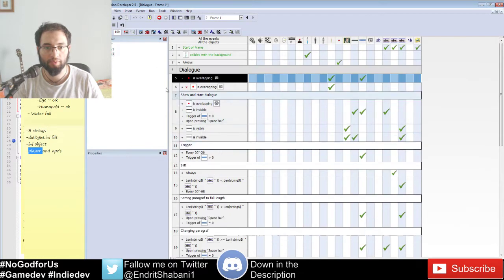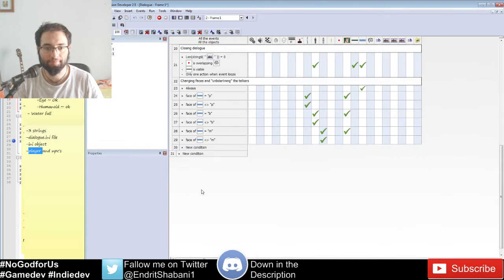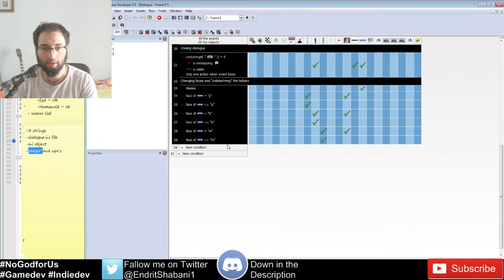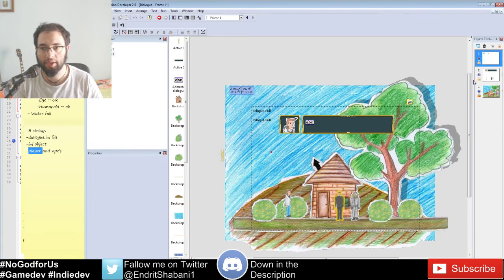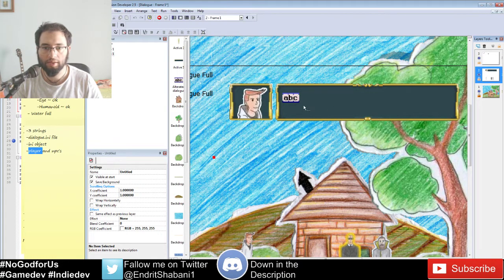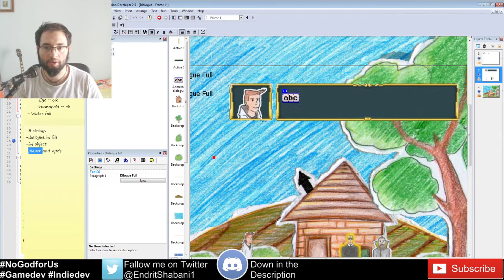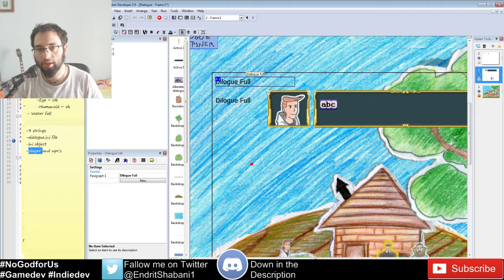I'm going to basically delete everything, and I leave only this stuff here. Now what is going to happen, I have here my 3 strings. These 3 things are this one, this and this. The first one is called dialog full, the second one is called alterated dialog, and the third one is the